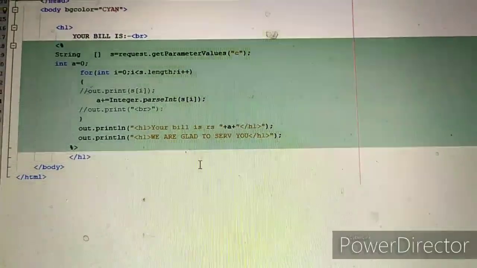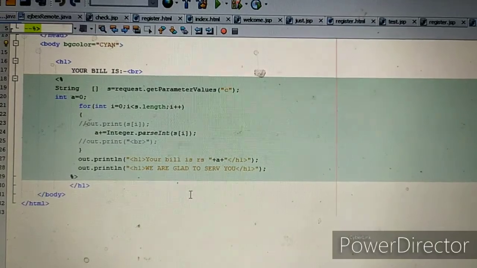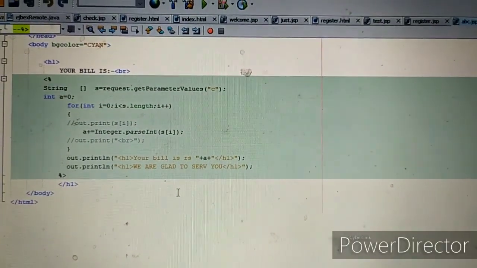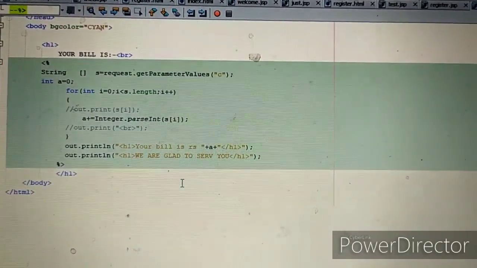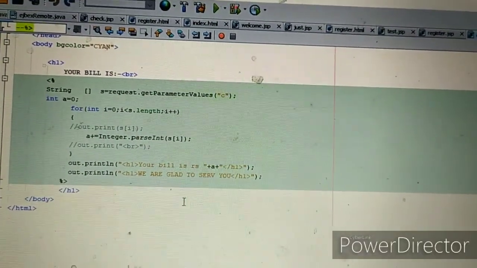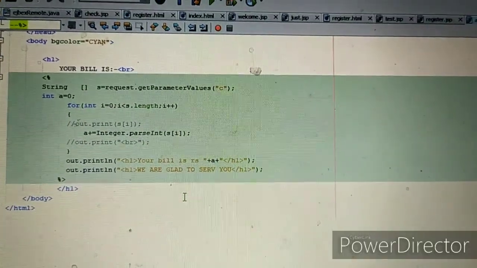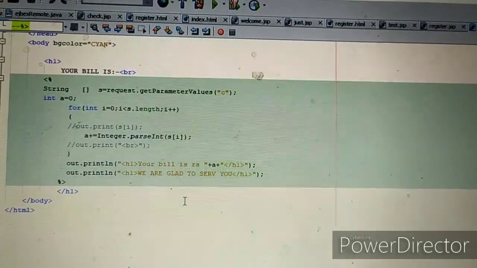So all these pages are mandatory pages. In this video we have discussed how to code these pages. Please practice this at home by yourself. Okay, thank you.